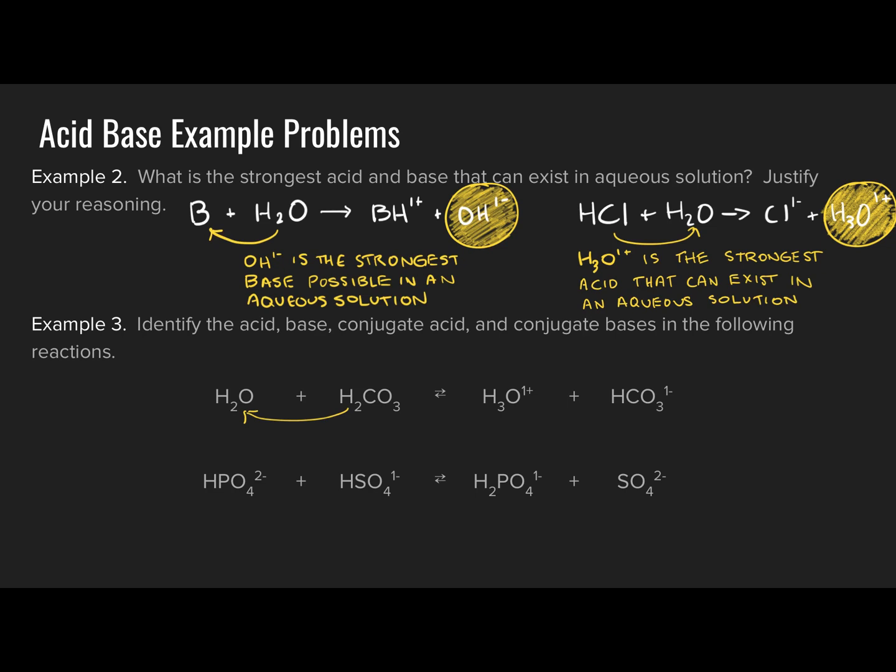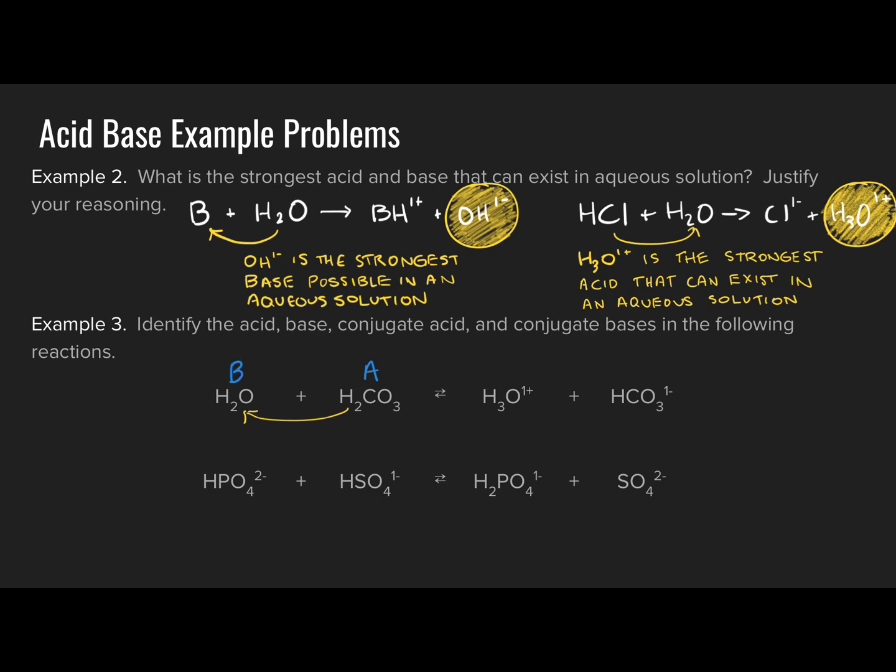On the right side, we see that the anion, HCO3 negative, only has 1, implying that H2CO3 has lost one of its hydrogens in order to form products. Therefore, the species H2CO3 is donating its proton to the water molecule, making that the acid. And not surprisingly, H2CO3 is known as carbonic acid. The water in this instance is accepting that proton,